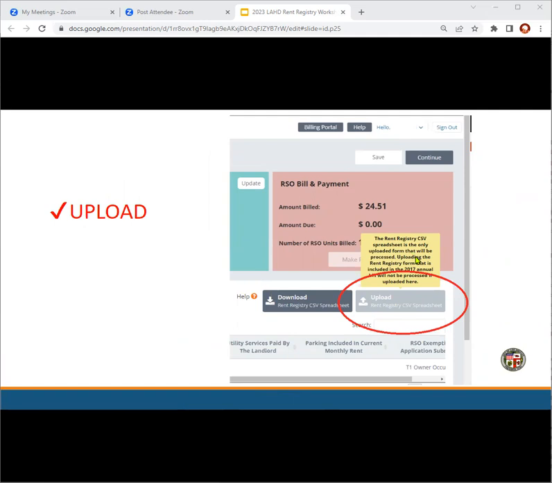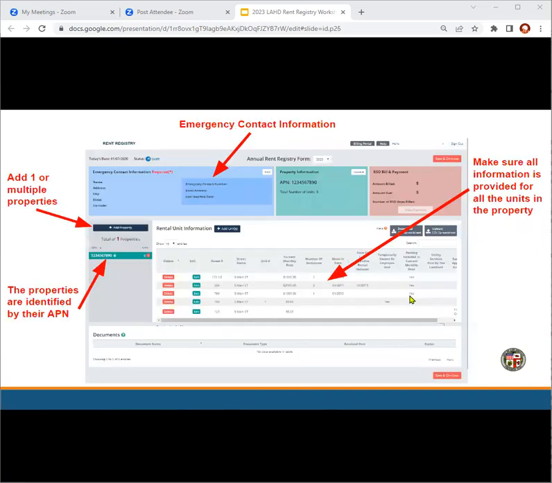Do not upload other records such as rent forms or rent rolls or invoices, other information. You make sure that you want to upload just the CSV spreadsheet because other data will not be processed. It has to be a CSV spreadsheet. You click upload. Voila, the data is entered into the rental unit information,